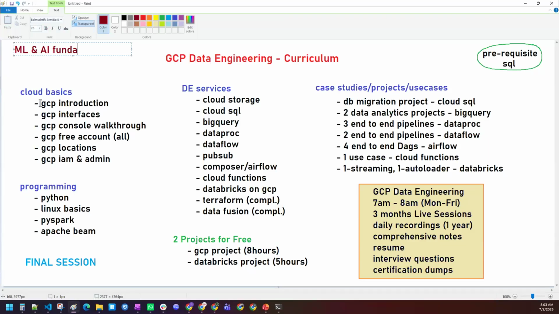Because without data, there is no ML, there is no AI, there is no data analytics. Data engineering is the foundation. Data engineers are the founders of data analytics, machine learning, AI, and data science. If there is no properly cleaned data, whatever you are building on ML and AI will collapse. Data engineers were there 30 years before, and data engineers will be there after 30 years also. There is no such thing as data engineer jobs getting reduced.